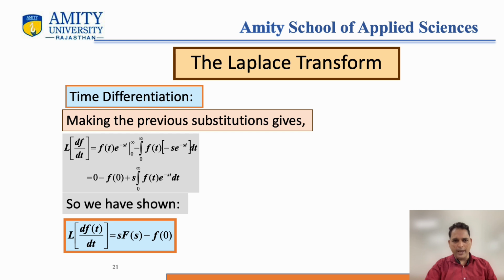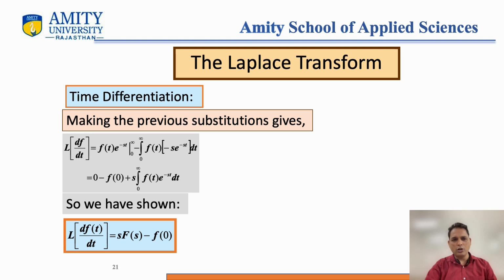Okay. So when you apply the limits, first in the f(t) e to the power minus st term, when your upper limit is infinity, e to the power minus infinity becomes 0, so the function becomes 0. When you put in 0, e to the power 0 is 1, and f of 0 we cannot say, because if your function is sin t, then sin 0 becomes 0, and if your function is cos t, cos 0 becomes 1. So we cannot say what the value of f(0) is. So I just write f of 0, minus the integral from 0 to infinity of f(t)